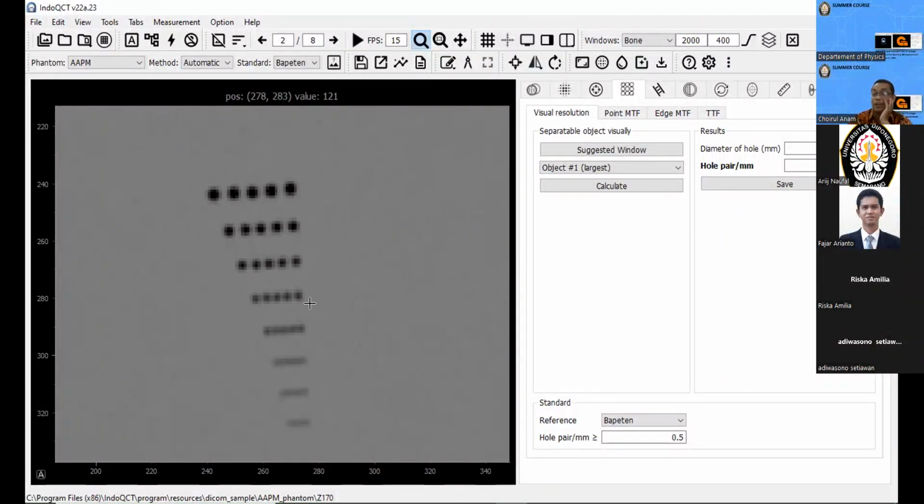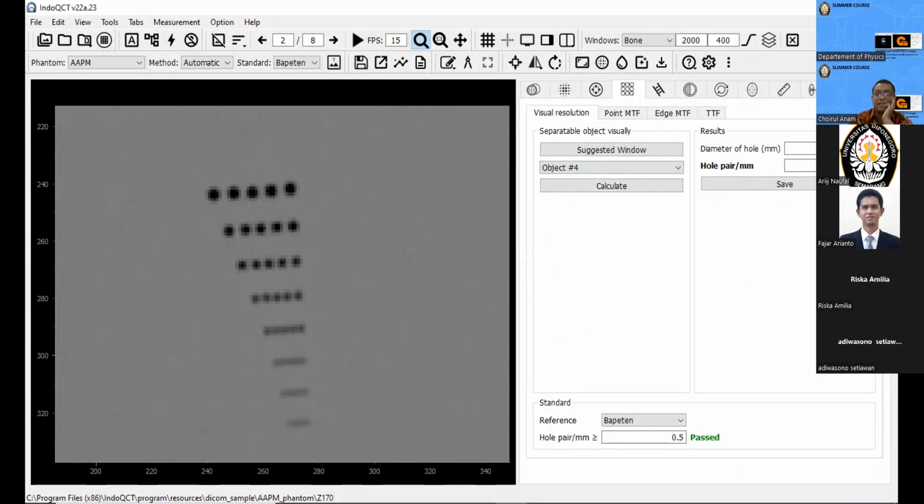This is visual observation. Okay, and after we get number 4, we choose the object number 4 here, and I click number 4, and then I calculate, and we get the result like this. The diameter of the hole is 1 millimeter, and the hole per millimeter is 0.5.